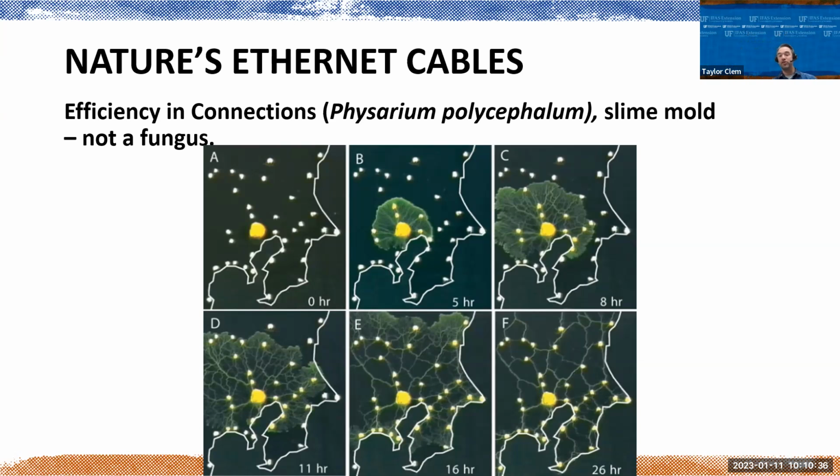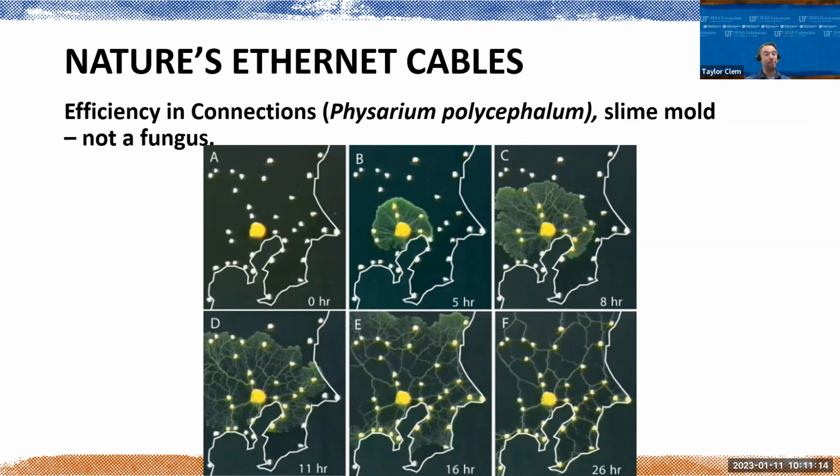So in this image that you see, it's a time series from left to right, A, B, C, D, E, F. You can see at that center, that little yellow dot. Do we need to turn off the lights so y'all can see that a little bit better? Okay, that little yellow dot you see is a slime mold. Kind of like someone just put it down on there. And that white line that you see surrounding everything, that's just a boundary. Have any of you seen this before? Cool. I like this. And that's kind of like a border. And then all those little dots, that's oatmeal.